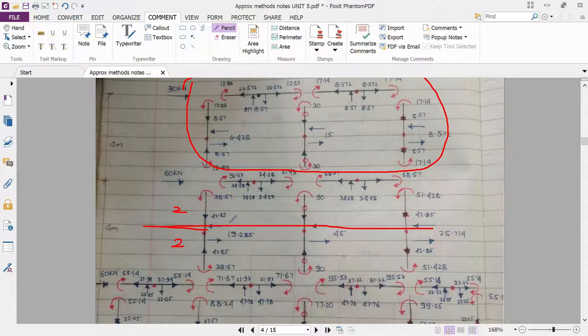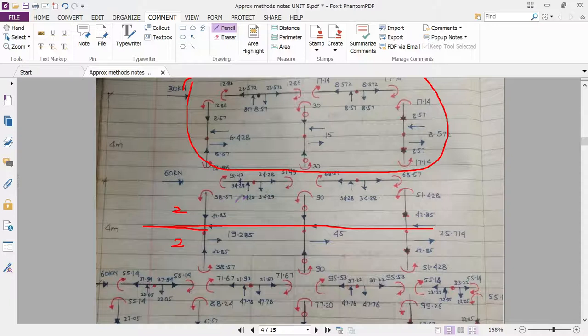As this horizontal force tries to pull the column in the outward direction, we have to apply an anti-clockwise moment so that the equilibrium condition of the column will be maintained. So 38.57 will be applied here. Similarly here also 45 is there, multiplied by 2 is 90, then 25.71 is there, multiplied by 2, that is